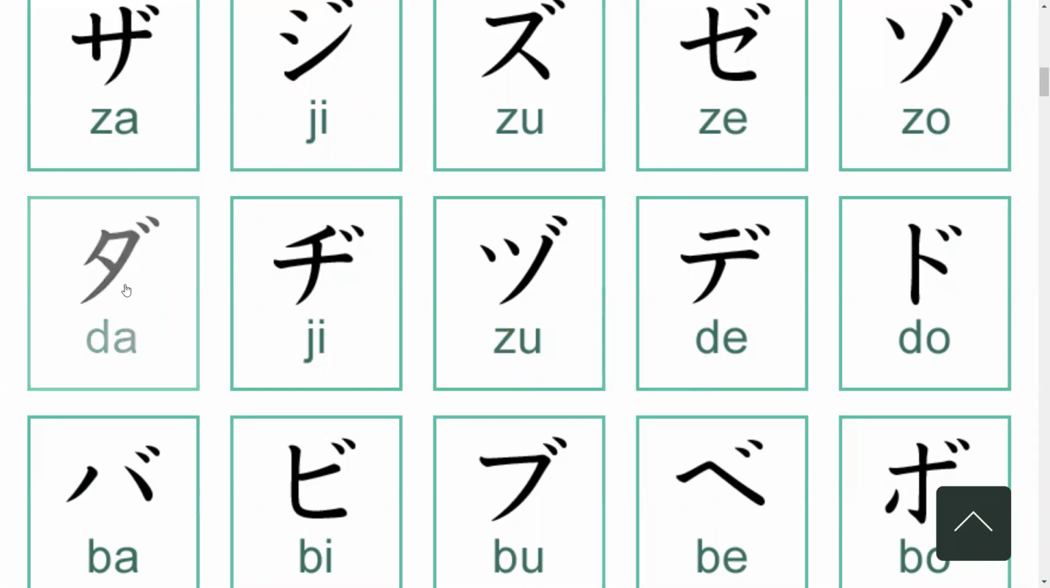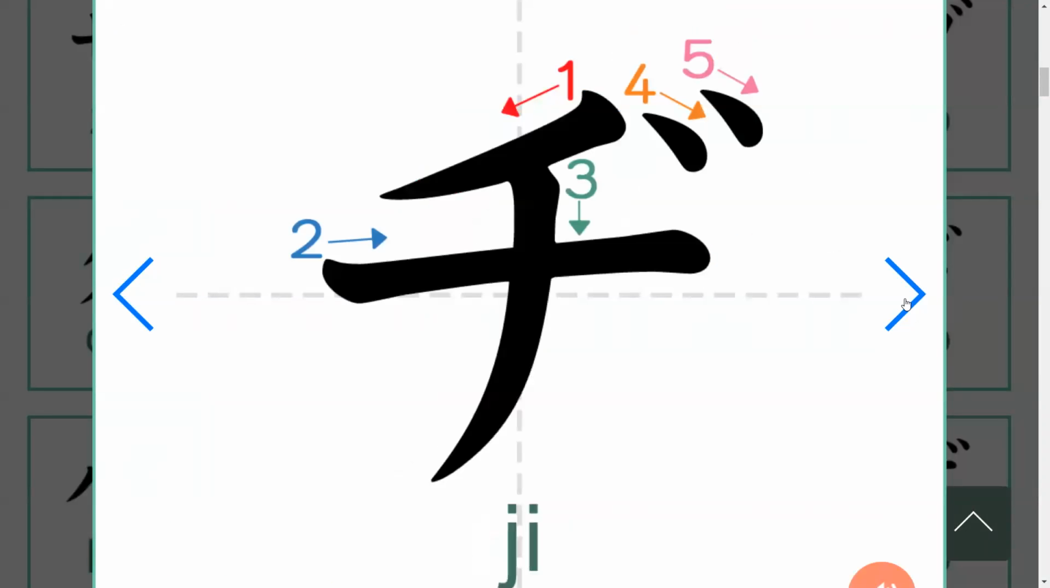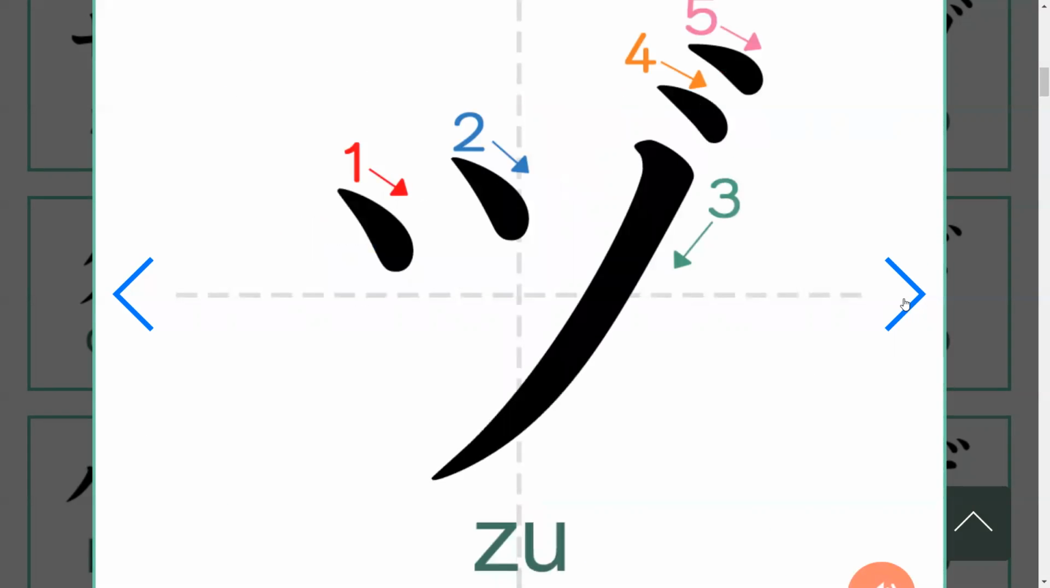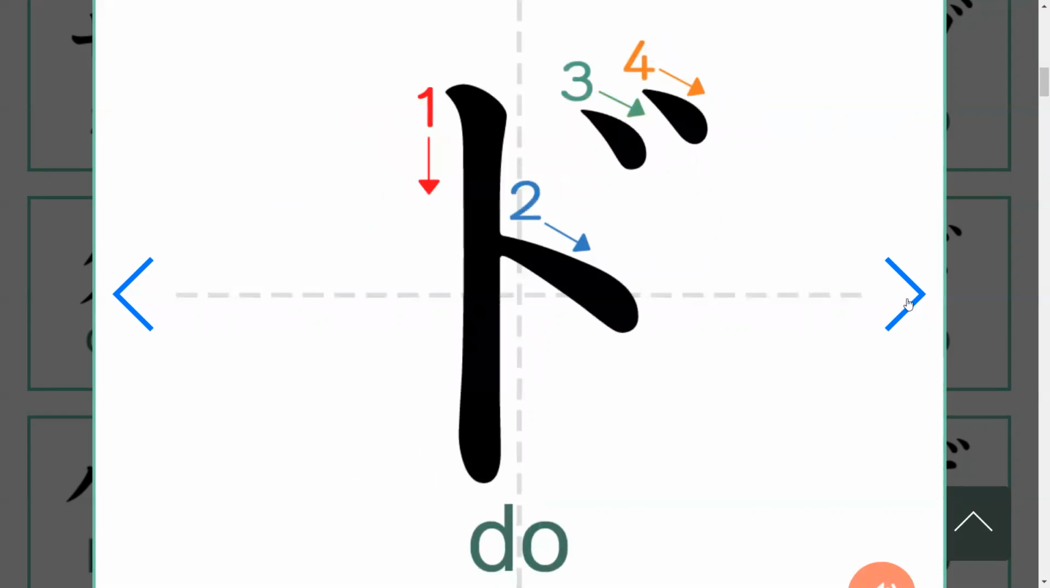Now let's go on how to write it. It's still the same strokes, okay, but you're just adding on the top. Za, de, and do. Okay,